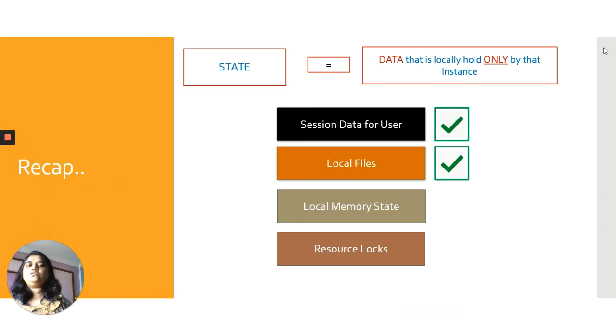So with this, we have seen how we can handle local files using your own infrastructure, cloud storage, or the CDN, based on what type of data it is and what the access constraints for that data are. In our next videos, we will cover the other two types, that is, the local memory state and the resource